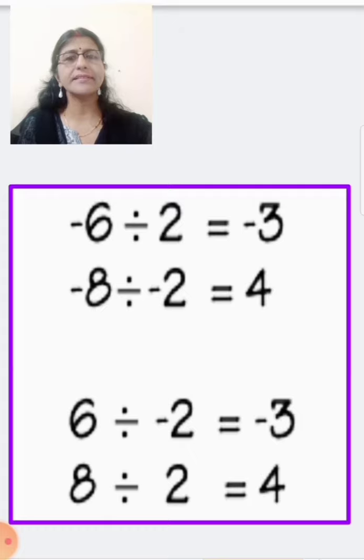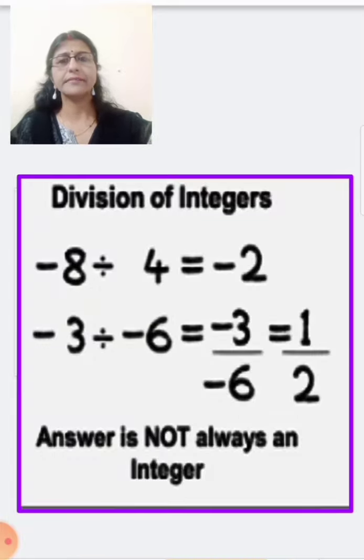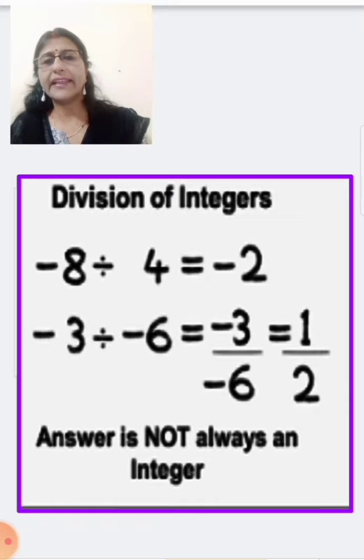Next example, 6 divided by -2 is equal to -3. 6 divided by 2 is 3, and plus divided by minus is minus, so -3. 8 divided by 2 is 4. Now in all these cases we are getting an integer. Now let us see this example. -8 divided by 4, we are getting -2. But when we are dividing